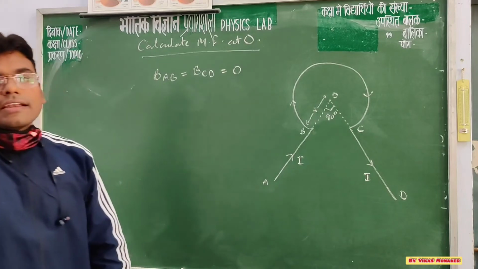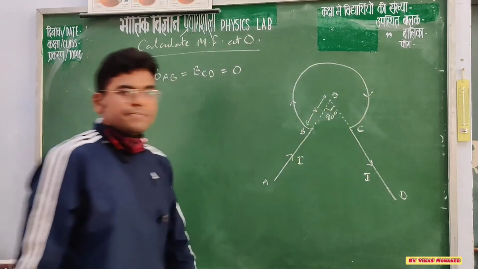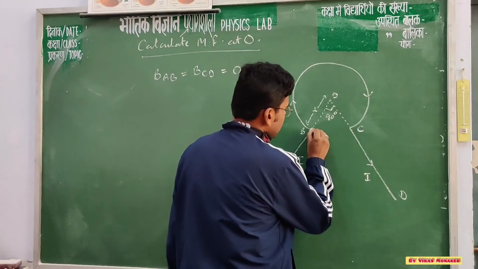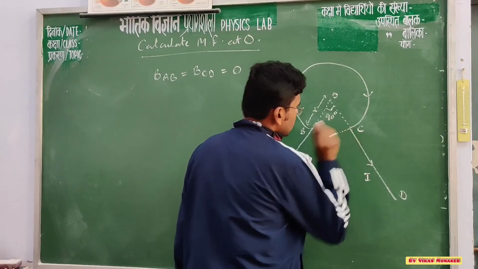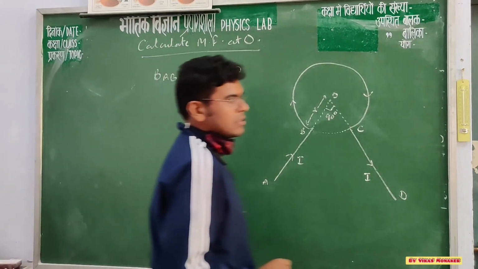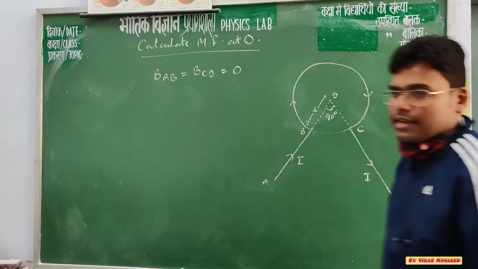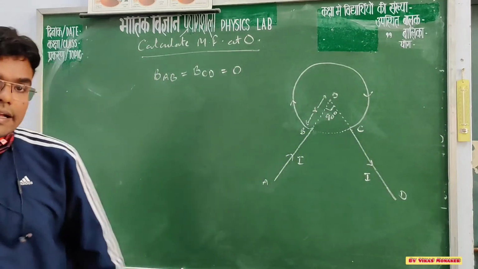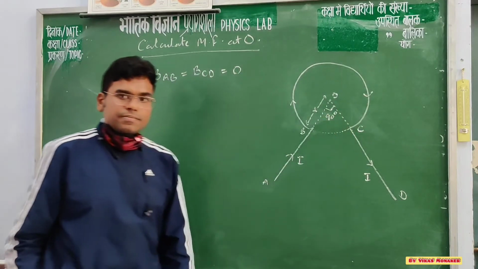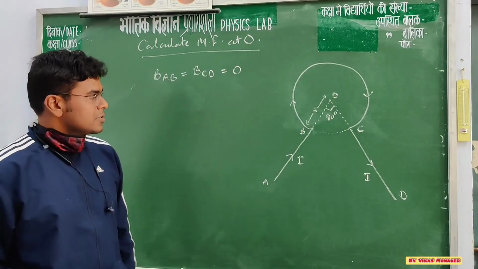Now the entire magnetic field is contributed by BC, which is a part of a circle. If it had been completed, this is a circle, but a part of the circle is left. What part is left? That you have to think. If the complete circle is there and this is making 90 degree, then what part of the complete circle is this? The complete circle makes 360 degree.